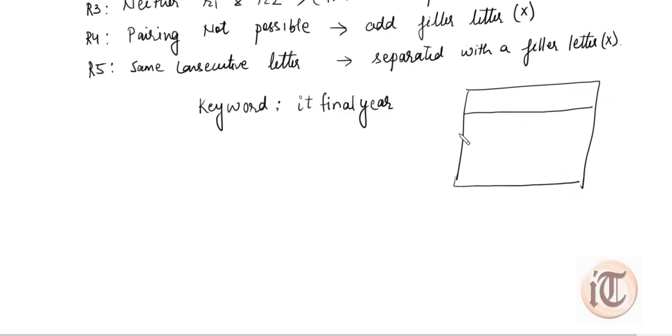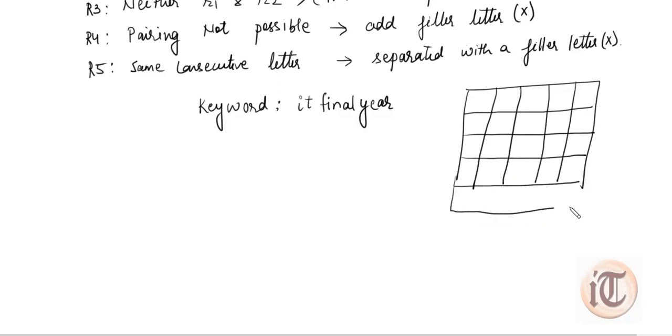So we construct a 5x5 matrix, and then see how we fill this keyword into the matrix. The matrix will look like this. Now we take the keyword alphabets one by one and put them into this matrix, considering that I and J count as one, and we always fill the matrix from left to right and top to bottom, and then fill the remainder of the matrix with the remaining letters in alphabet order. So how will it work?